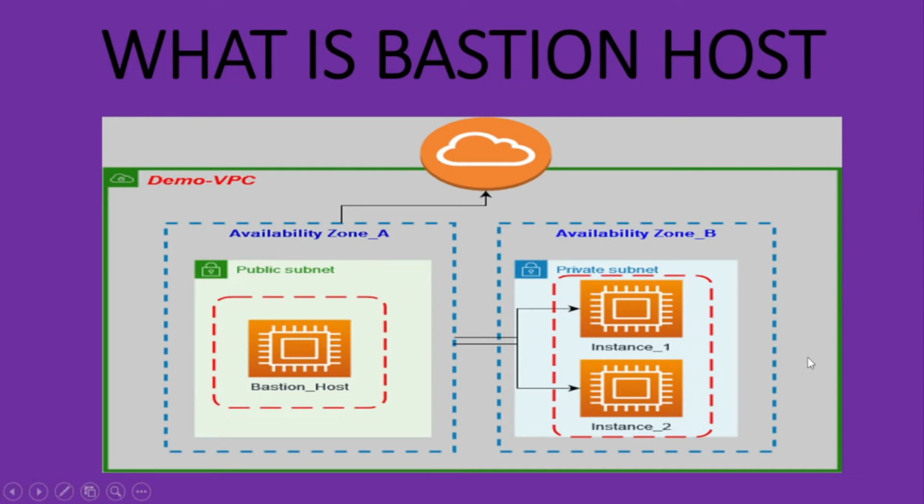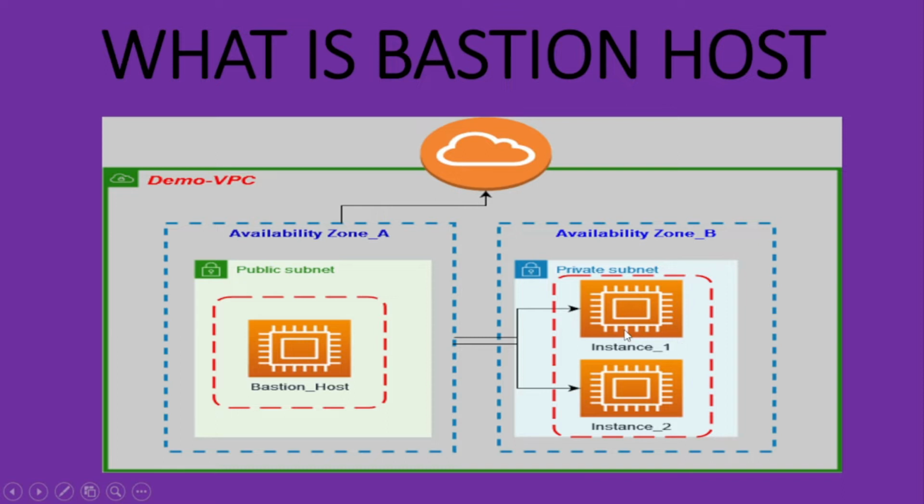If you look into this diagram, then you can understand what exactly a Bastion host is. Here is my Bastion host, which is in a public subnet. If you look at this total diagram, you will find there is a demo VPC in which I have two subnets in availability zone A and availability zone B. One is the public subnet, the other is the private subnet. I have the Bastion host implemented in this public subnet, and there are two other EC2 instances which are implemented